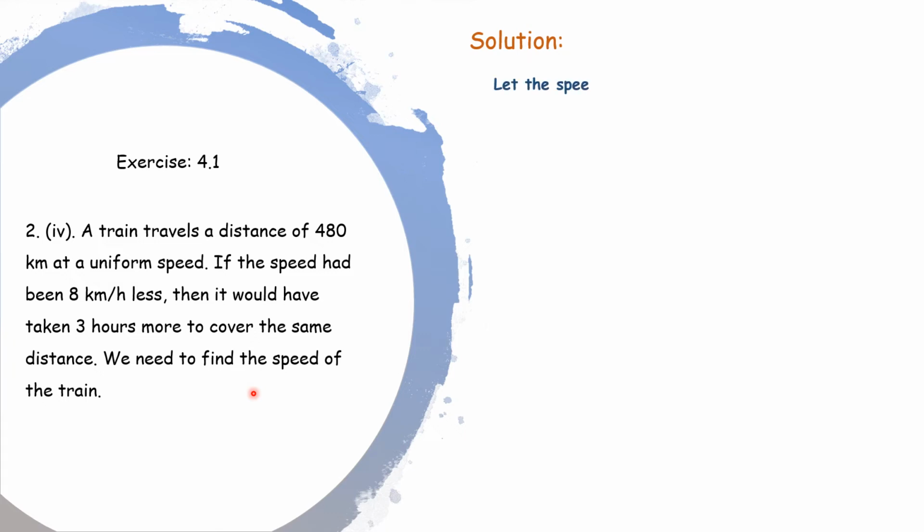So let us assume the speed of the train as x kilometer per hour. Now the time taken is 3 hours more, so it's something related to time taken. So let us deal with the time taken formula. From that we'll just derive the distance formula. Distance given here is 480 kilometer. So time taken is distance by speed. Very good. So time taken in the original case is distance by speed. Distance is 480 divided by the original speed, x kilometer per hour. So I'm just taking this as the first equation.